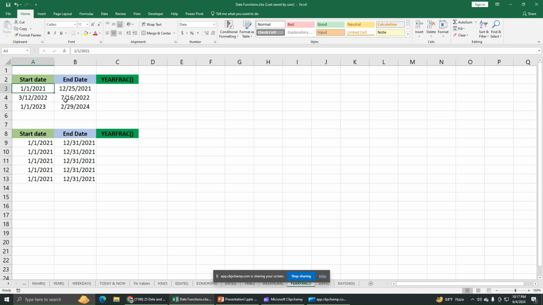Here we can see starting date and ending date, that is a date range. To work with YEARFRAC function, type YEARFRAC, double click on it, and after first bracket, the first argument is start date. So select the first date, then end date. After that, basis is